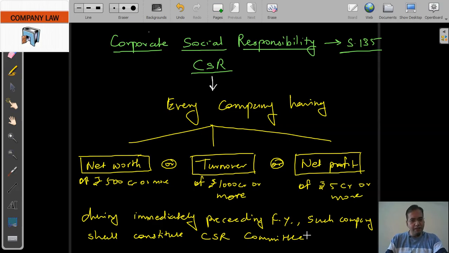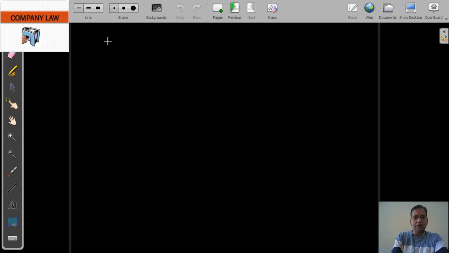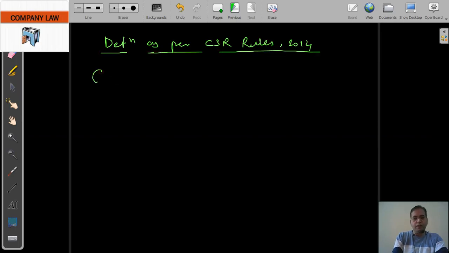There is no particular definition given under the Act for CSR, but the definition as per the CSR Rules 2014 is that CSR means and includes